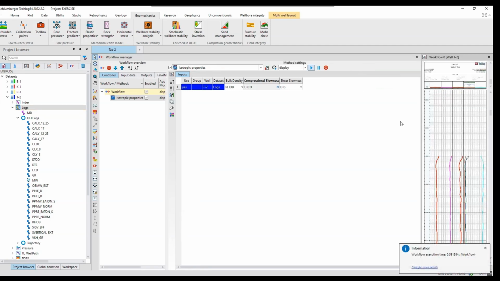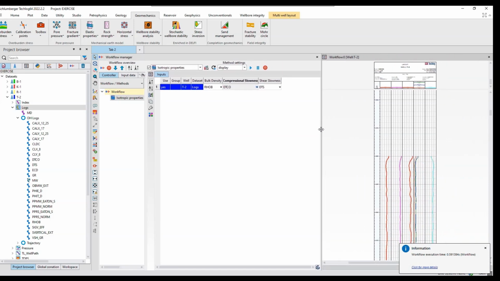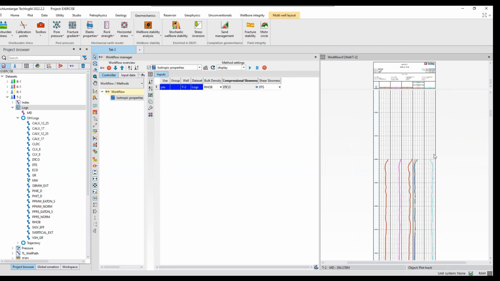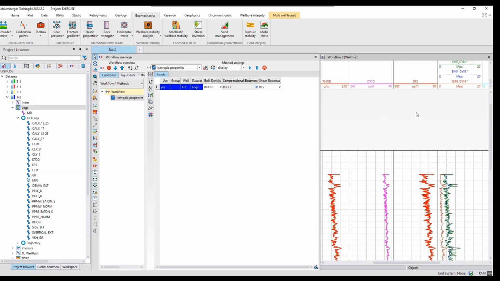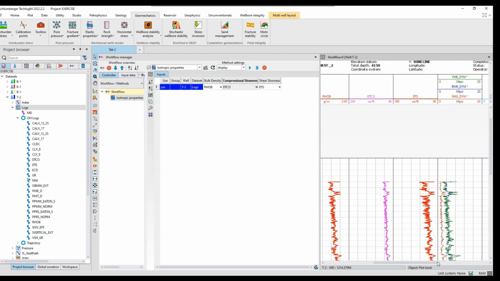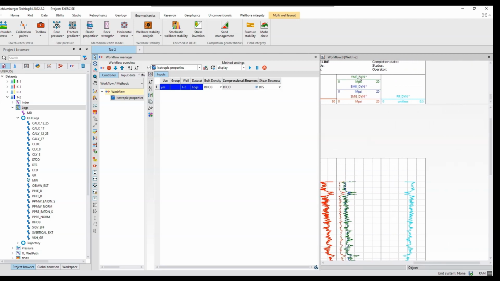Here you can see it has estimated my isotropic properties. What are my isotropic properties right now? I'll show you what it has estimated. Using these three logs, it has estimated or calculated Young modulus dynamic, bulk modulus dynamic, shear modulus dynamic, and